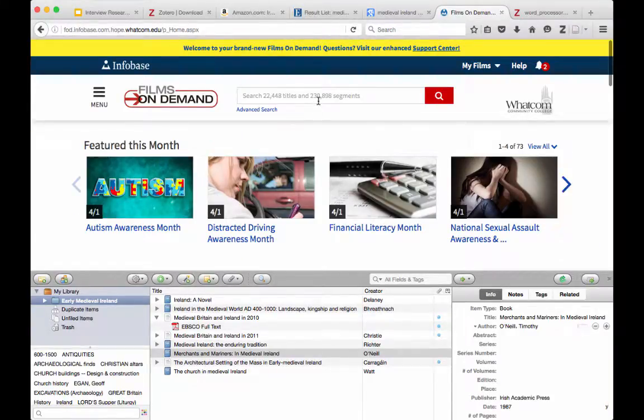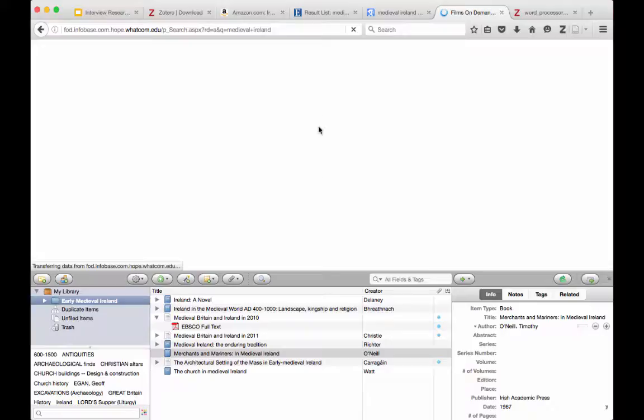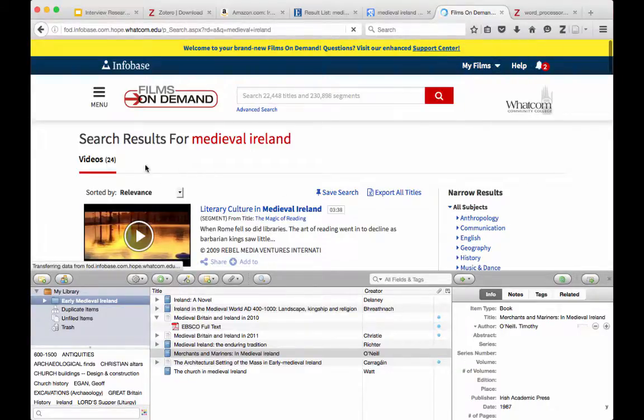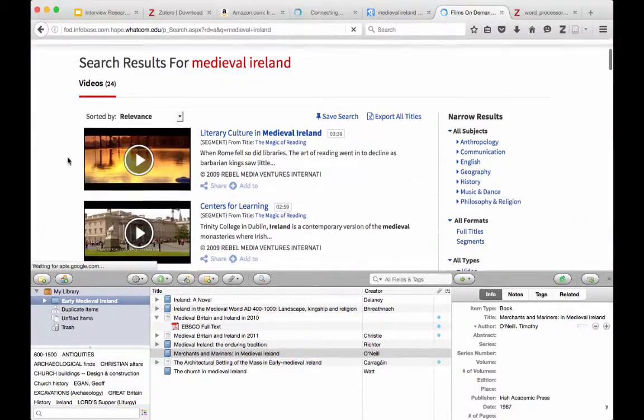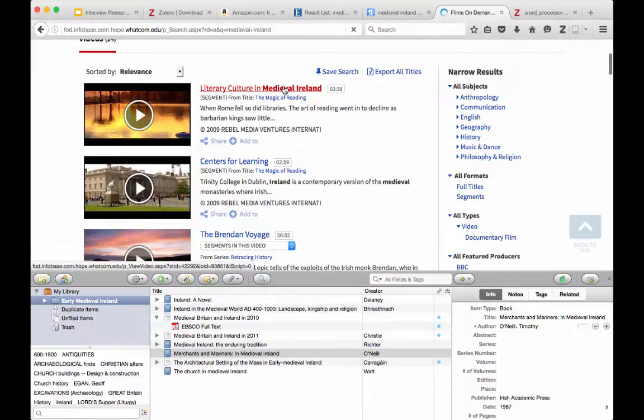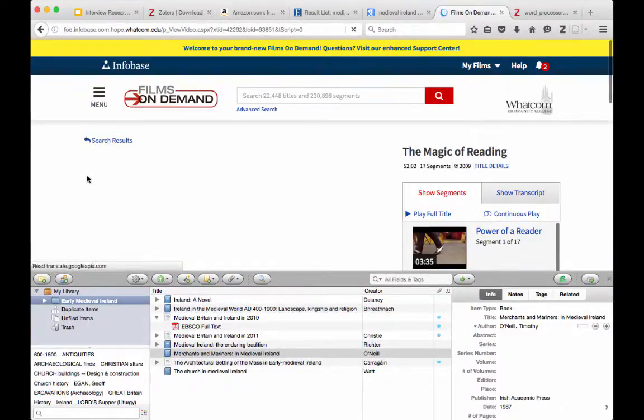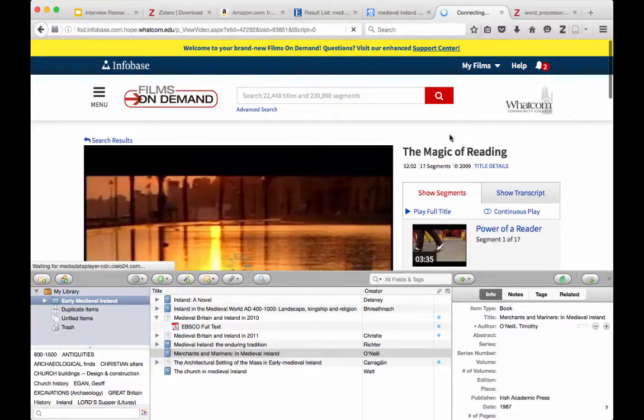Finally, I just want to show you how this might work in a different kind of database. I'm in Films on Demand right here, and I see they've got a video on literary culture in medieval Ireland, so I'm going to grab that. And see it change the icon yet again to a web page. So it sees this as a web page,